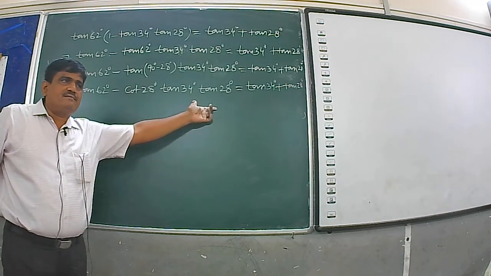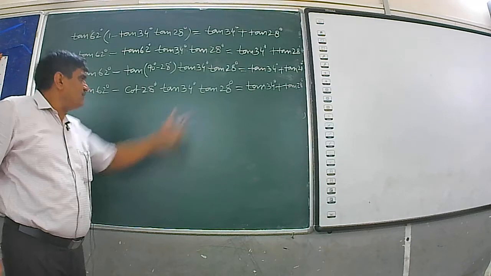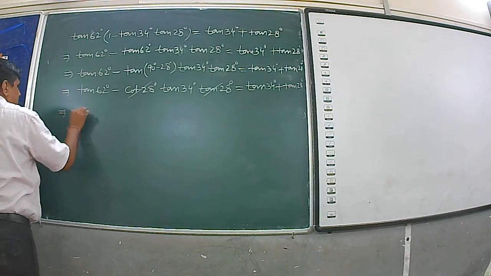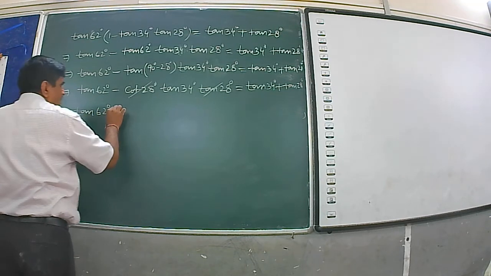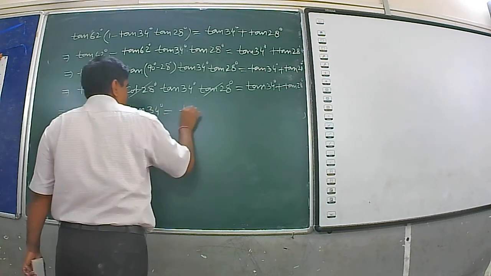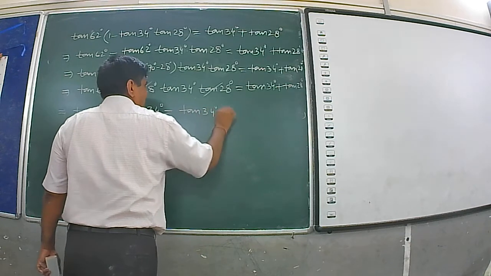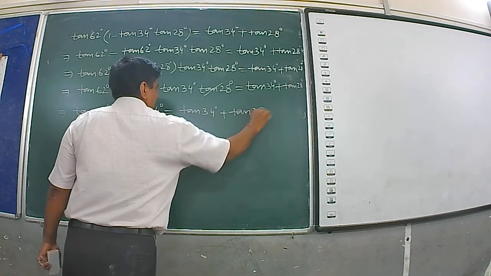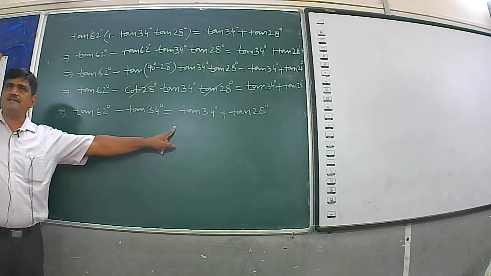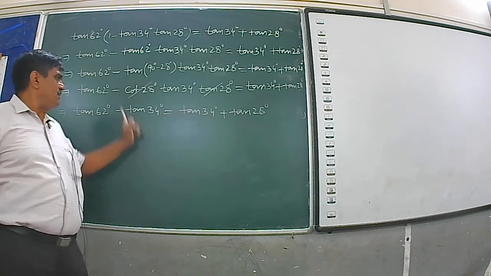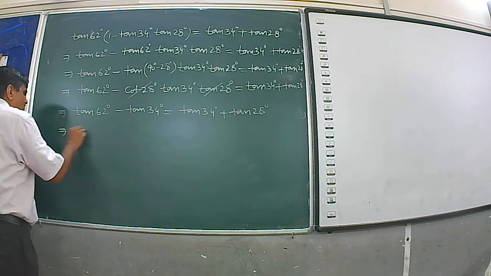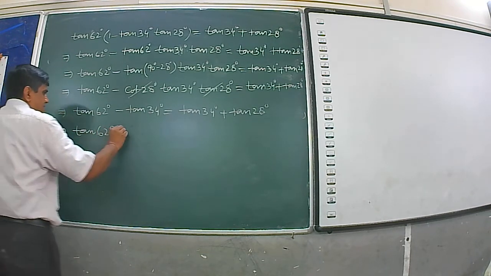Tan theta and cot theta are reciprocal. Therefore, cancel. This implies that tan 62 degrees minus tan 34, here left hand side minus right hand side plus tan 34, plus tan 34 to tan 34 degree. This implies that tan 62 degree is equal to